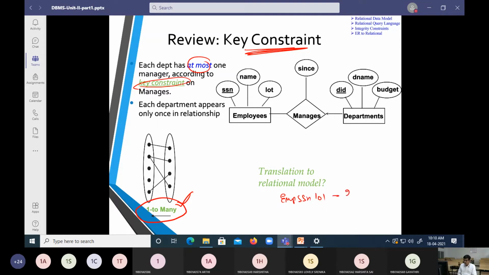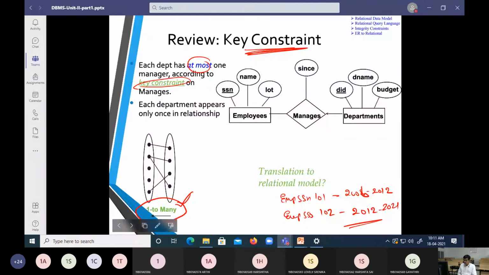From 2006 to 2012, he is a manager. And there is another employee with SSN 102. From 2012 to 2021, this person is a manager.